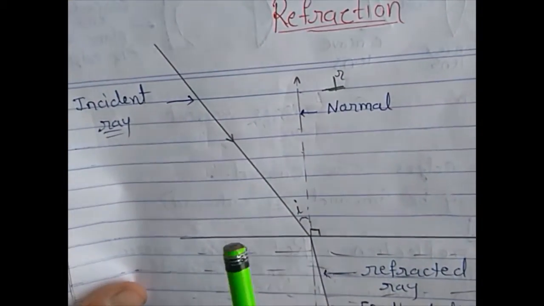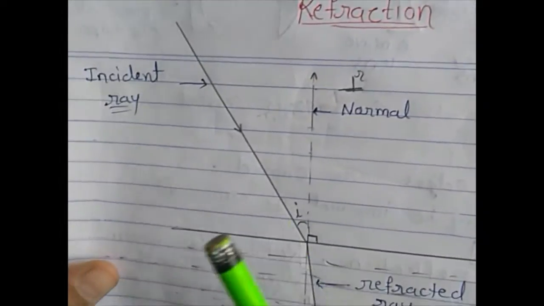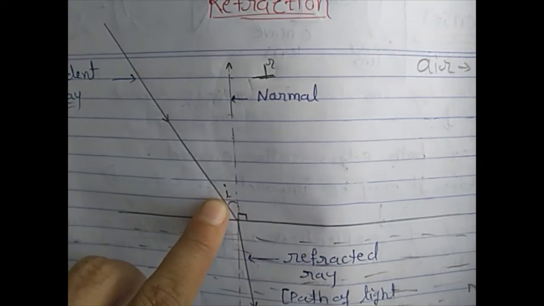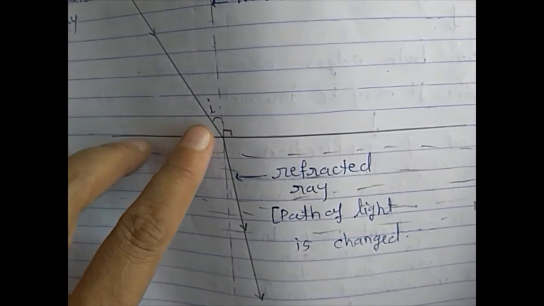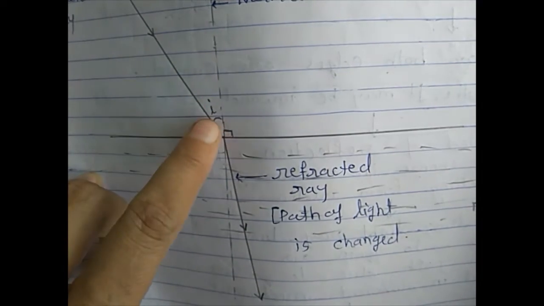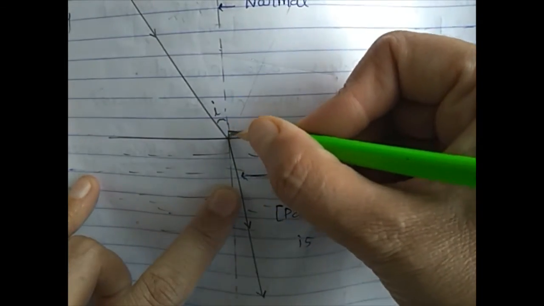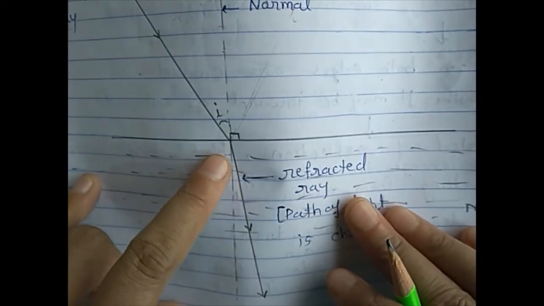So refraction happens between two mediums. So two different types of medium are present here. Suppose the first medium is air, and the second medium is water, which we have taken here. So when light travels through the air, that is medium 1, and reaches the surface of water, bouncing back of this light is not happening. But what will happen here?